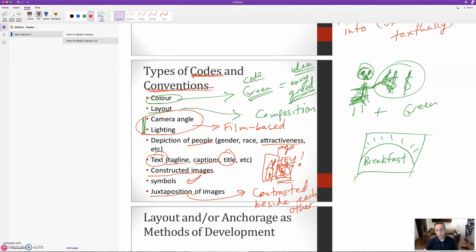Okay, so we'll look at a Michelin ad maybe later, and there's a big fat baby sitting down, and he's right beside a tire for a car, and it has to do with safety, right? So they juxtaposed a tire beside a new chunky baby, and that gives us the idea of safety. Trust these tires for your family.